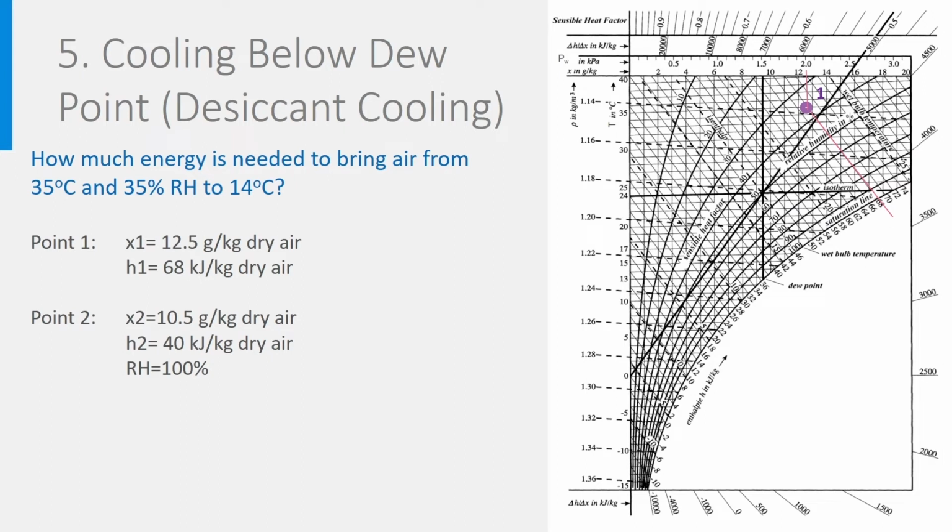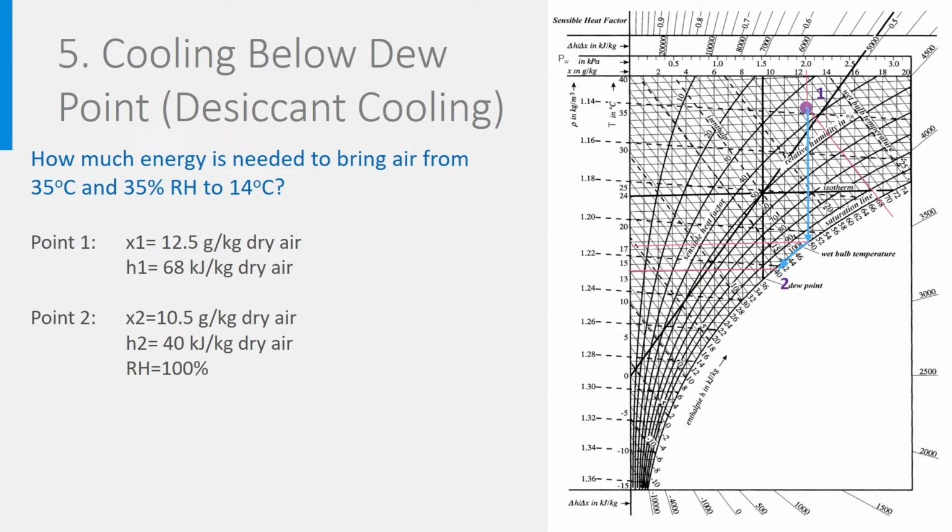It may happen that we need to cool air much further than 22 degrees. We will see in another lecture when that is needed. It may happen, for example, that at high cooling loads, air at 14 degrees is needed. We start again from air at 35 degrees and 35% relative humidity and apply cooling as we have just been doing. We have now one problem, and that is the dew point. When arriving on the saturation line here, the dew point temperature is 17.5 degrees and not 14.